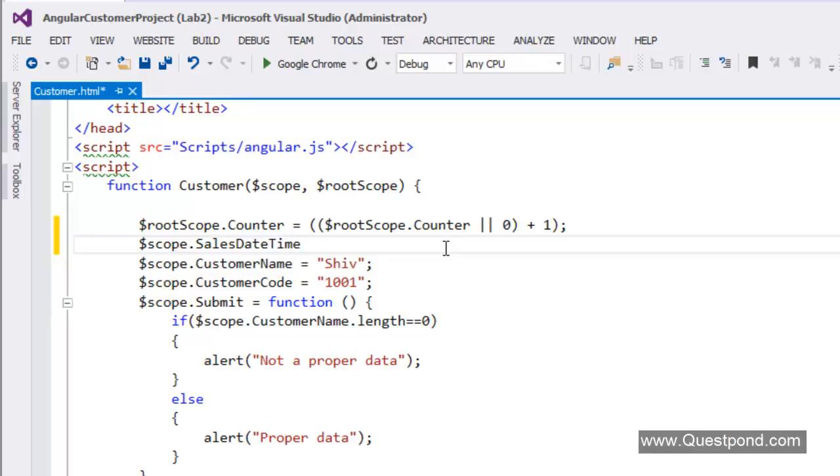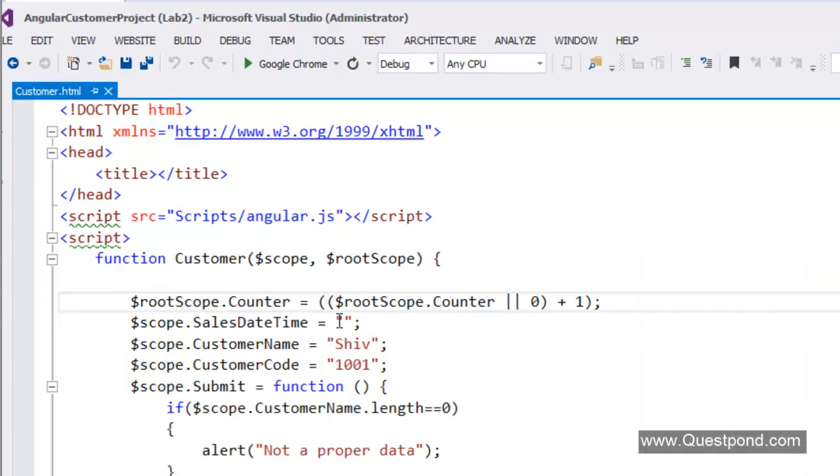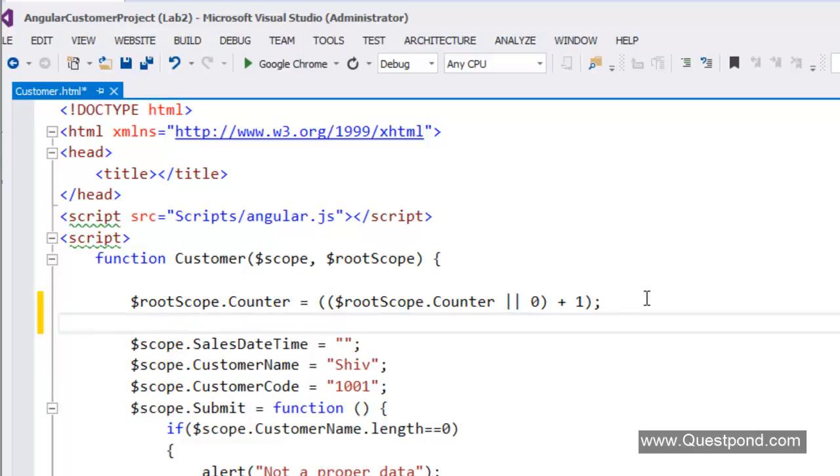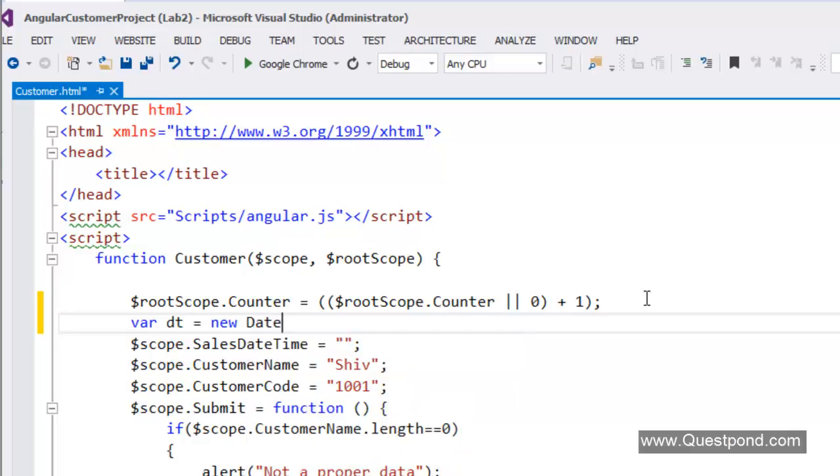So I'm going to add one more field here, which will help me track the date and time when this sale was done. Now, this field, the sales date and time, is not something which the end user will put. It will actually come automatically from the system. So in other words, I'm going to create the date object of JavaScript, and over here I will say dt dot